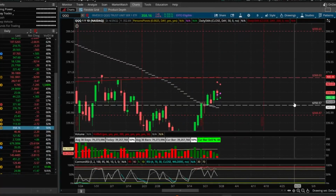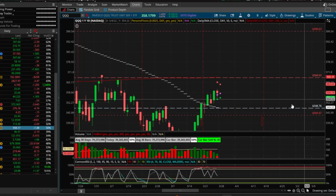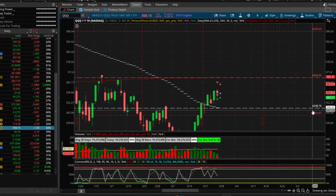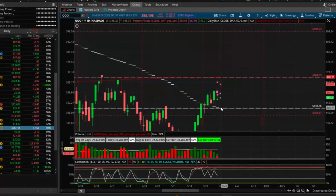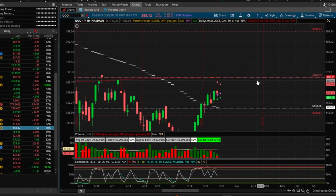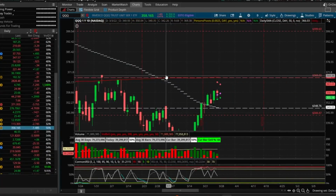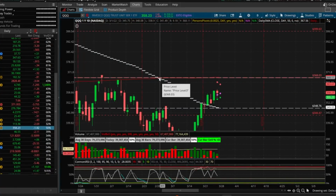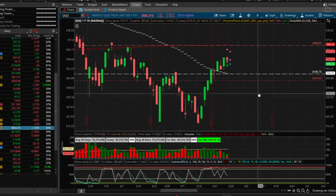It is above the 50 days SMA right now, and the 50 days SMA, which is the white dotted line here, is around $346. It is trading at $356, so it is definitely above the 50 days SMA. However, I'd like to see the QQQ get to above 368 to be solid, because we did see a death cross created in early March, and so as a result the NASDAQ has been moving down stiffly,